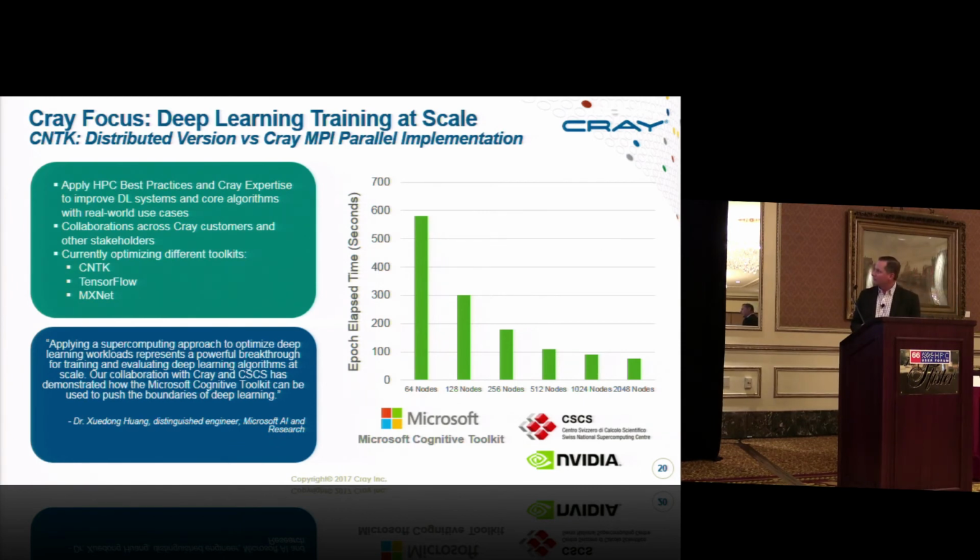So these are numbers of GPUs. This is on the Piz Daint system at the Swiss Supercomputing Center. And this was really an interesting exercise. We had to do a lot of work with Microsoft on updates to the code base to get that code to scale, to get this type of linear scaling. It is possible, and a lot of it is going to depend on your qualification for response time on training data sets.